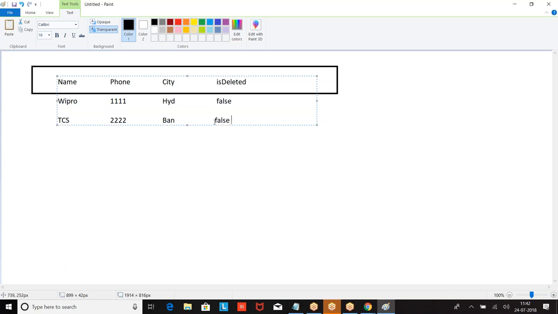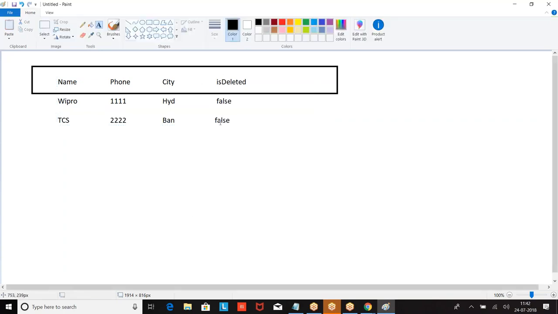This is the data. Now we have a field called is deleted. If I delete this record, the value of this field is set.